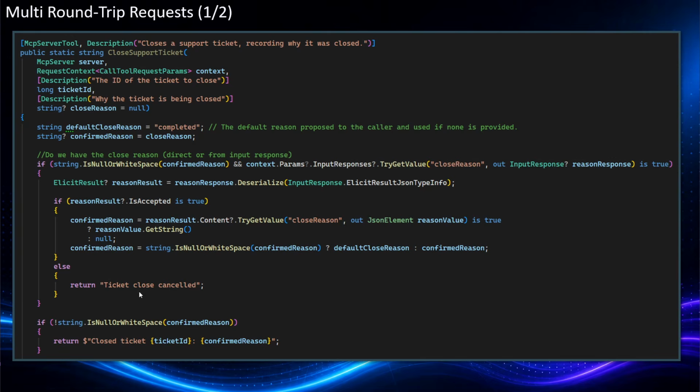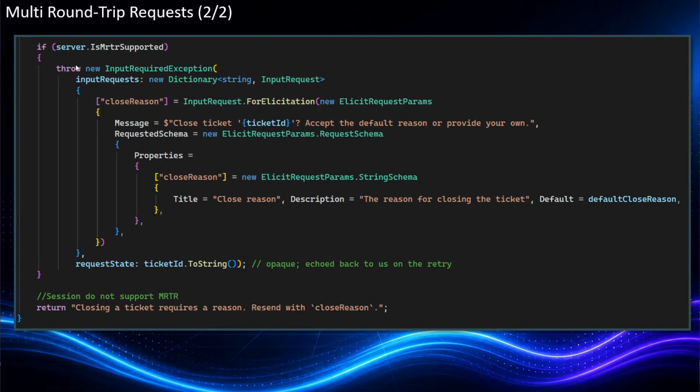Else, they rejected to actually use the tool. So the tool was called. The tool said, "But before I can do anything, I need this." And the user said, "Cancel. No, I don't want to use it." Then we would end up here. But if a confirmed reason is found, we can then close the ticket.